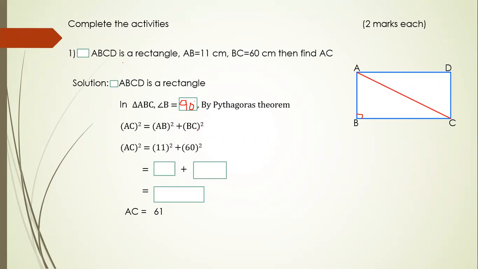Now in the next step, what we do? We substitute the values which are given to us. So they have already written in place of AC square, they have written AC square equal to copied as it is. In place of AB, they have written the value. What is the AB value given to us? It is given as 11, right? So here, in place of AB square, they have written 11 square plus copied as it is. In place of BC, they have written the value of BC which is given in the sum as 60. Right? I am writing in the figure also.